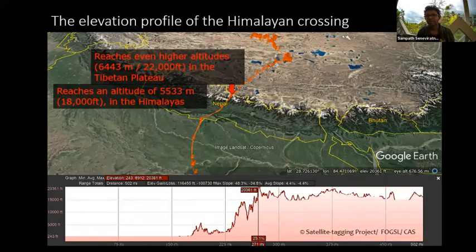Snow-capped and probably very windy, and it flew through a valley. And so this is the data showing that it climbed, and eventually from 20,000 foot elevation, it crosses the Himalayas. And then it stays there because after that it's the high altitude plateaus, very dry, wetlands, mostly consisting of